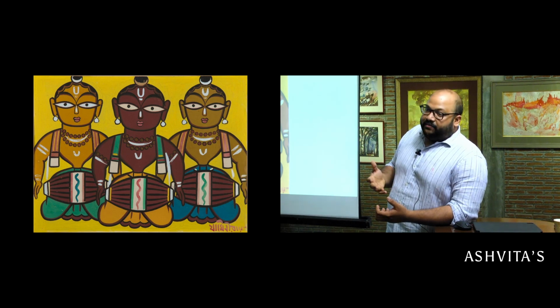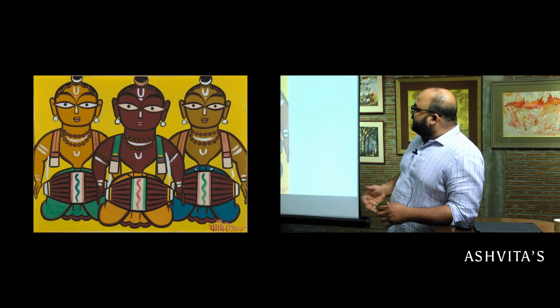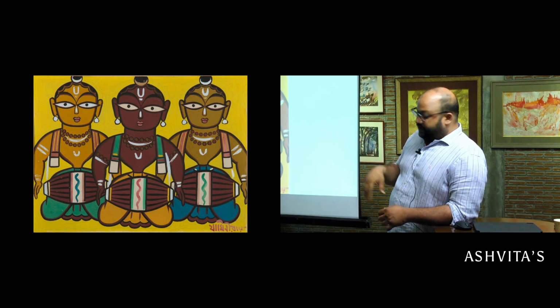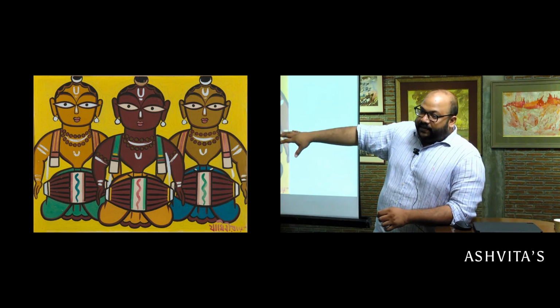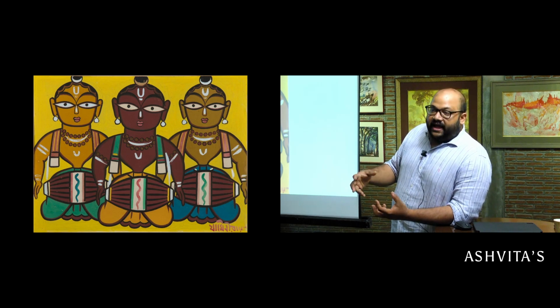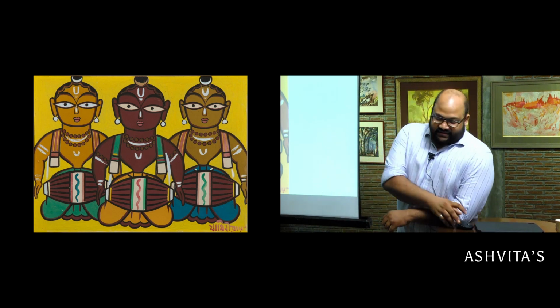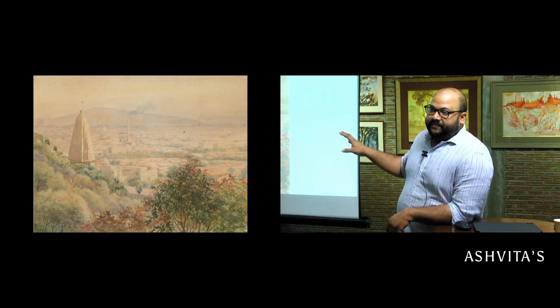I mean, if you see early Jamini Roy works, he could paint as well as any Rembrandt could, but he decided to do this. Please remember this, because this is the crux for discussing a lot of artists that represent Madras. Now, time period, this all happened in the 1920s to 1930s, right? That was the peak, and then they also started to kind of fade out, and the center started to shift, and it made its way all the way back to Bombay.